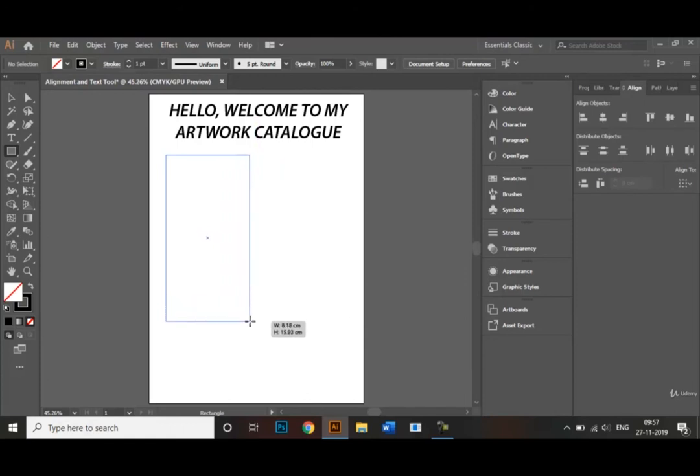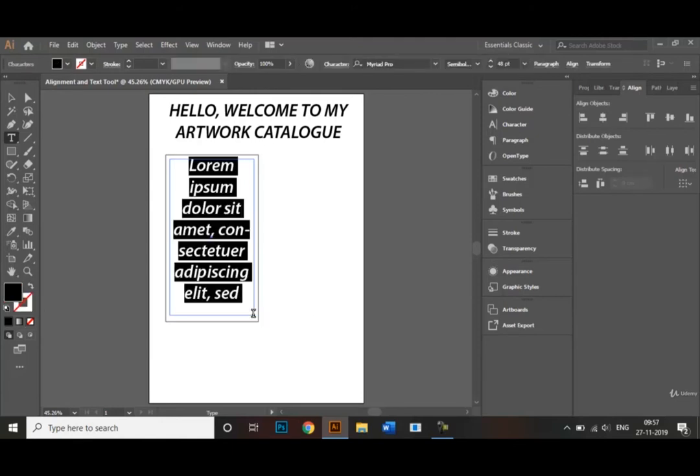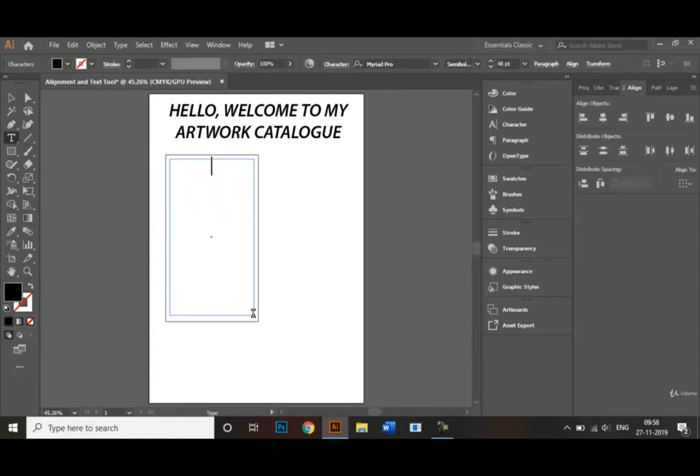I'll be sticking to this rectangle like that. So we go over to the type tool right here and make our type box inside this rectangle like this. And we'll delete this extra text and type in our own text.